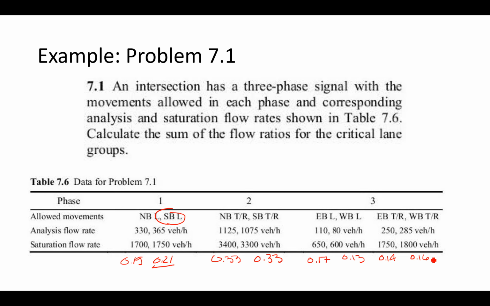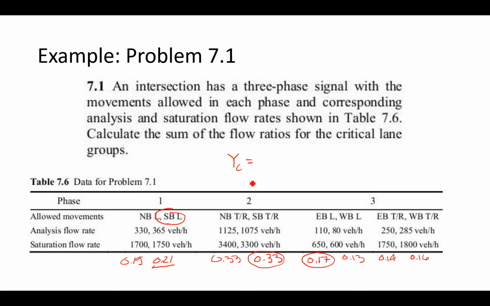And now we have to pick the critical one for each phase. And so for this one, these are equal. So sure, we're going to pick 0.33, which is our critical movement over here. Which lane is closest to capacity? This guy, right? And so now our Y sub C